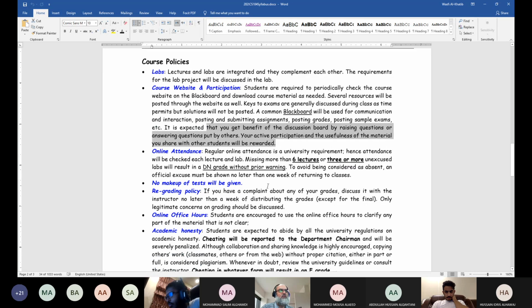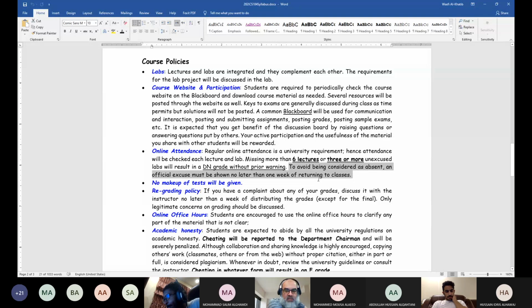Online attendance. Regular online attendance is a university requirement, hence attendance will be checked each lecture and lab. Missing more than 6 lectures or 3 or more unexcused labs will result in a D in grade without prior warning. To avoid being considered as absent, an official excuse must be shown no later than 1 week of returning to campus. Now, regarding the attendance,